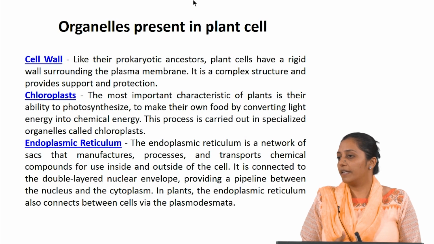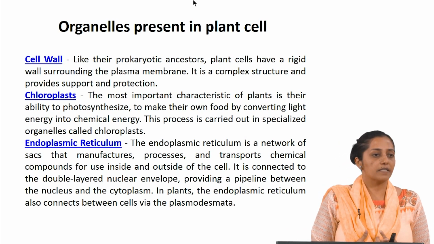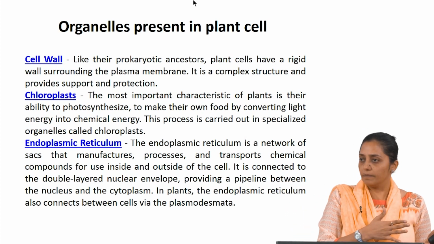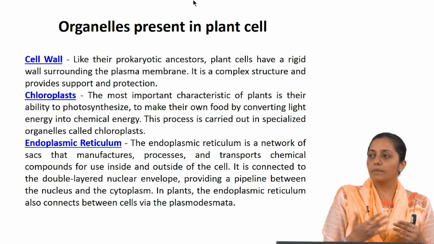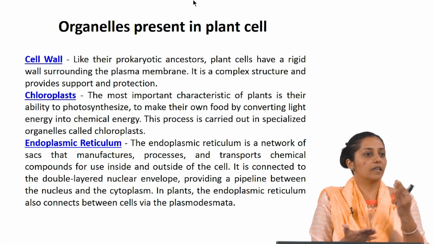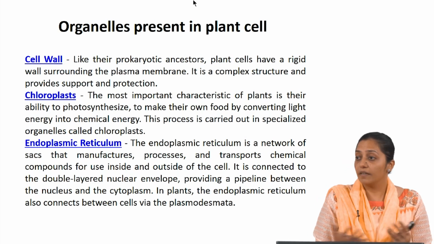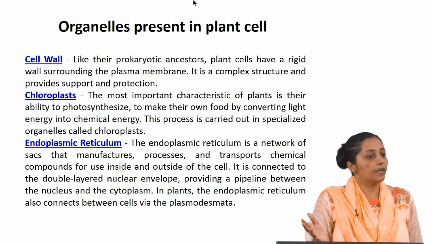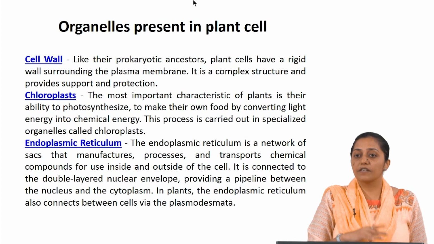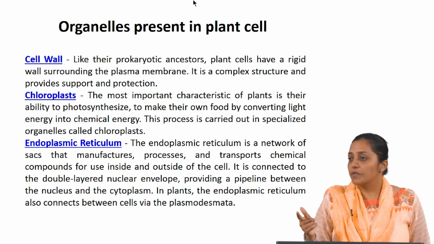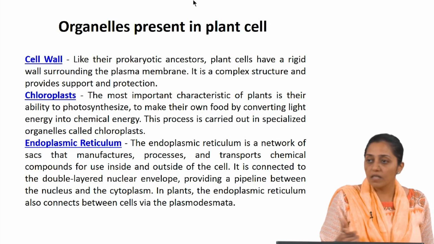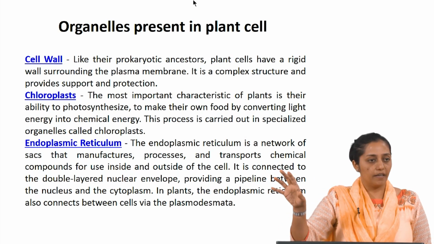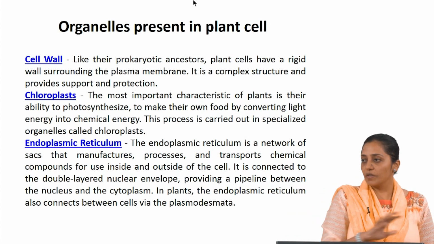Then endoplasmic reticulum, we all know what function it plays in the cell. Endoplasmic reticulum is a connection between the nucleus and the cytoplasm, and it helps in manufacturing, processing, transportation of various proteins, fats, many molecules. Now there is smooth endoplasmic reticulum and rough endoplasmic reticulum. Rough endoplasmic reticulum is differentiated from smooth in terms of ribosomes, sites for protein synthesis. So it acts like a bridge between the double-layered nuclear envelope and the cytoplasm. So it is a connection between the two.